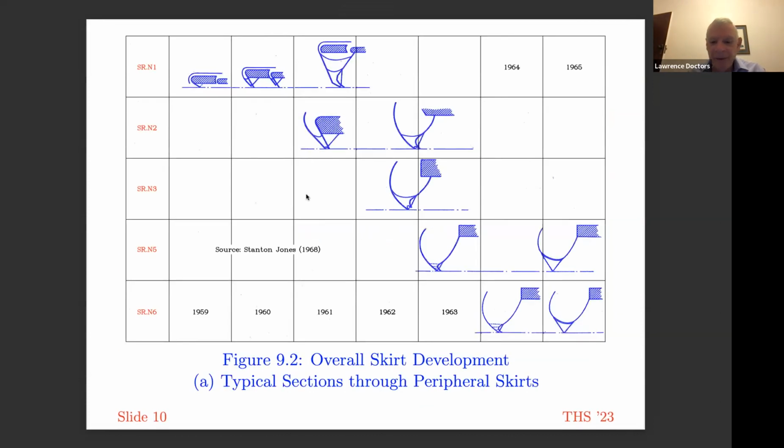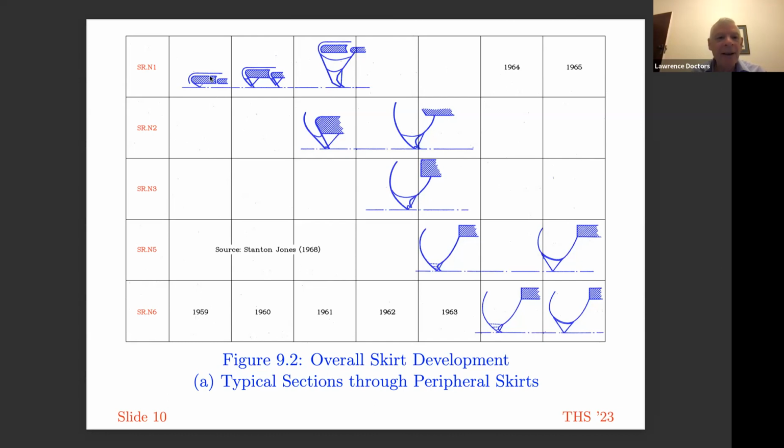This is a very famous picture which was published in the Journal of the Royal Institution of Naval Architects, showing the development of skirts in the early days, going all the way back to 1959. So we're talking of over 50 years ago. The very first figure is one that's always confounded me, and if there's anyone here who can clarify it for